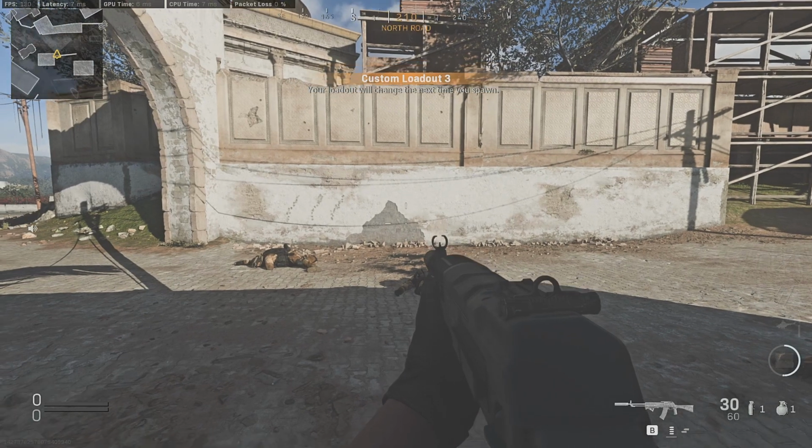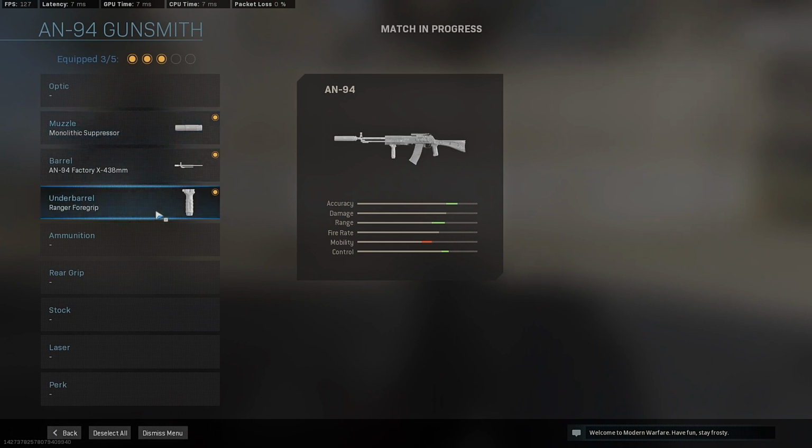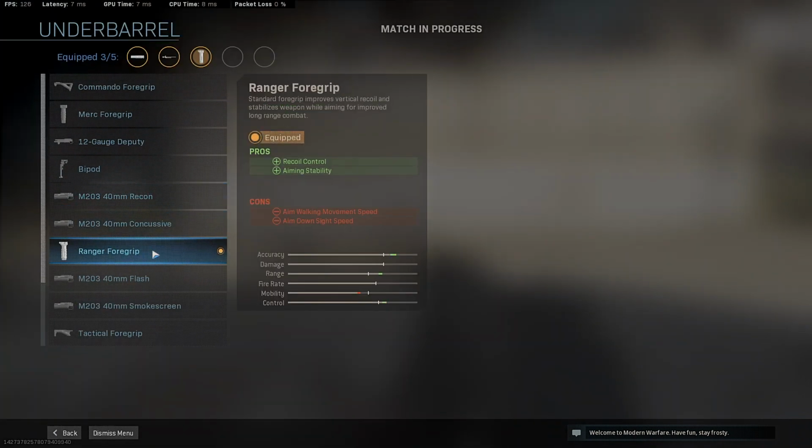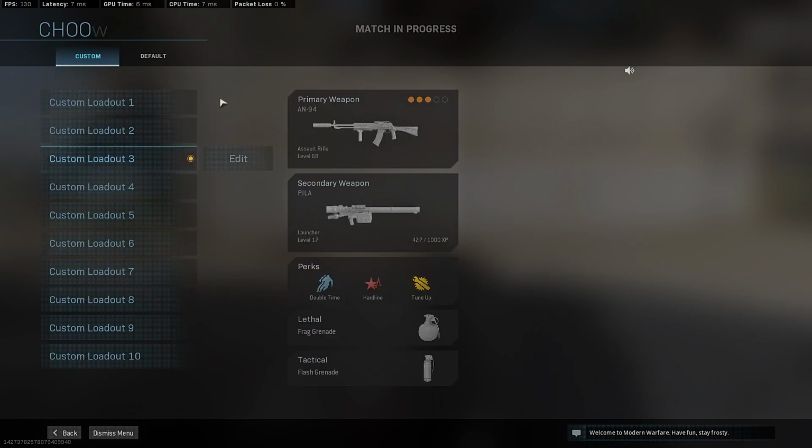Now, if we go to the loadout that has the Ranger foregrip on it, the Ranger foregrip here is supposed to help with recoil control, which is supposed to be vertical. And vertical recoil, this sort of makes sense when you think about holding a gun like this. It's got this sort of grip sticking down underneath the barrel. It's probably easier for you to keep that gun from lifting on you and really running away as you fire it. Now, in practice,